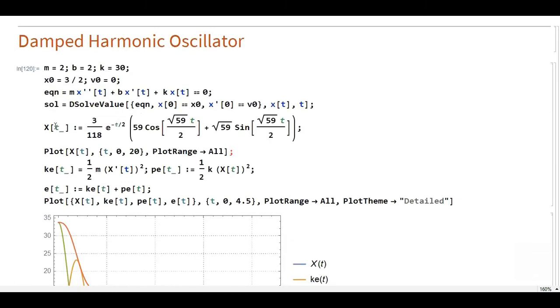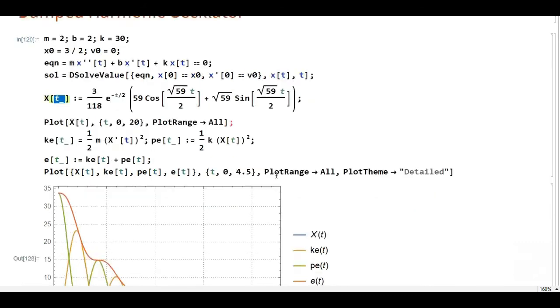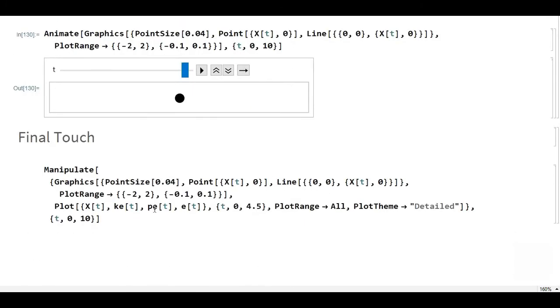For example, in case of t, if you type x of 2, it will give you the t equals 2 value, or if you type x of m, instead of t it will provide you m, because Mathematica can do symbolic manipulations. So instead of t over here, let me just